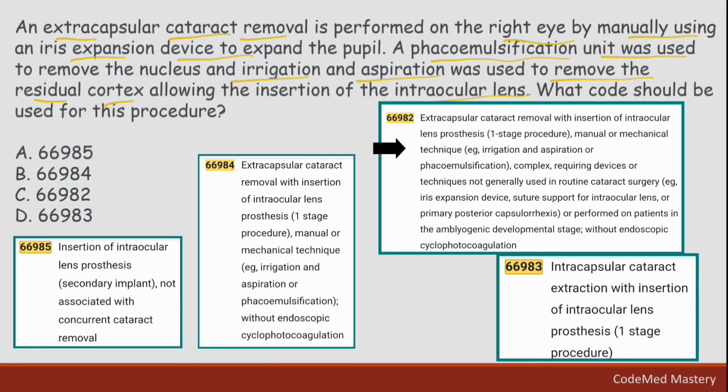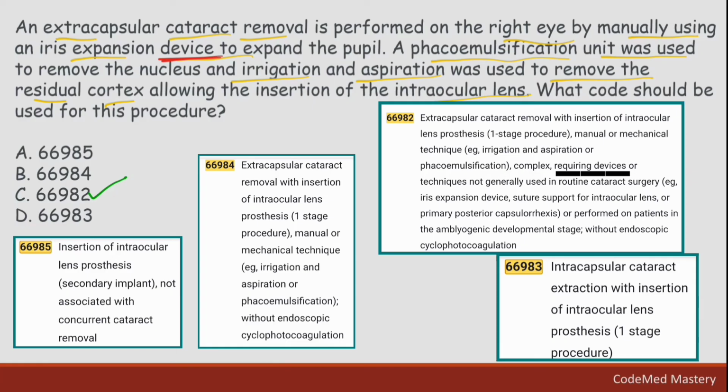The right code is 66982. Because that is for extracapsular cataract removal, which is mentioned in the scenario, and there is insertion of intraocular lens prosthesis. In the scenario they have mentioned insertion of intraocular lens, and they have mentioned phacoemulsification. In the code 66982 there is phacoemulsification, and in the scenario you can see they have mentioned using iris expansion device, right? In the code 66982 also they have mentioned requiring devices. So the appropriate code is 66982. Okay, we'll eliminate option A